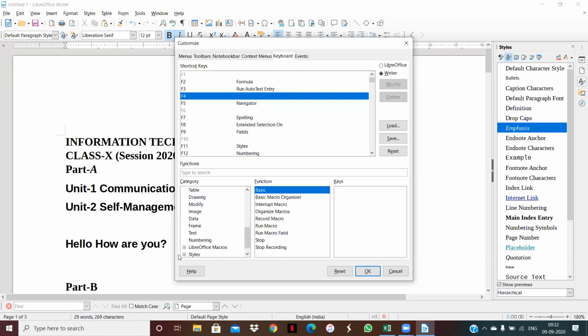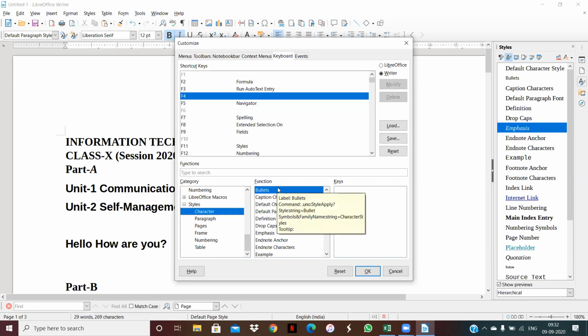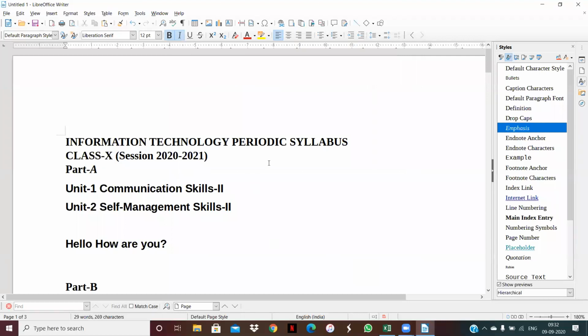Where is styles? These are the styles. Just select the styles. And in style, suppose we select character style and then bullet it and then click on OK. We can also modify the styles like this.